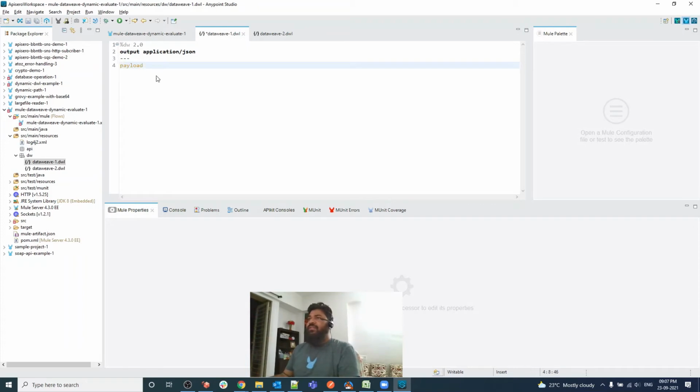Whatever payload is there in both DataWeave files, the payload will be returned. But in case of DataWeave 2 we will be getting one more message, message, comma, hello world.